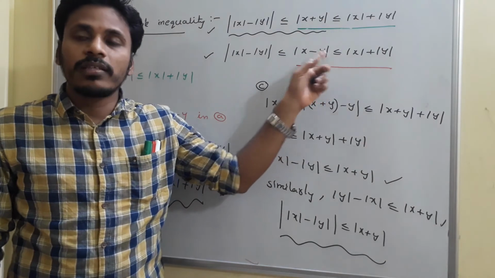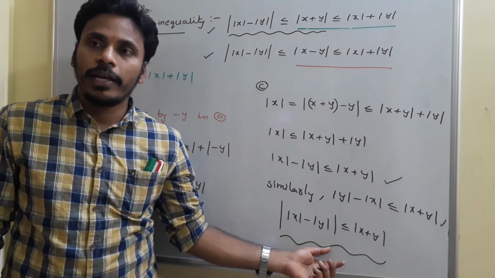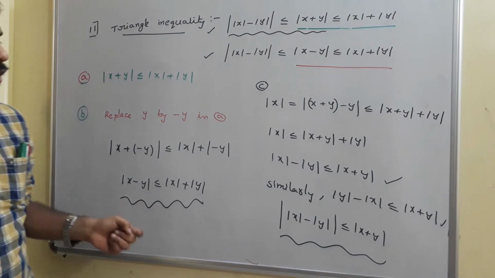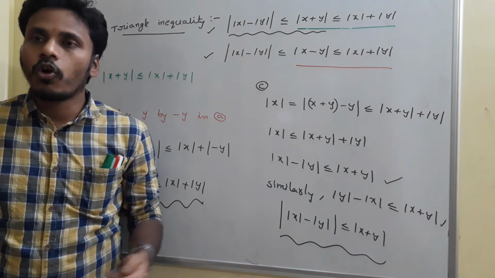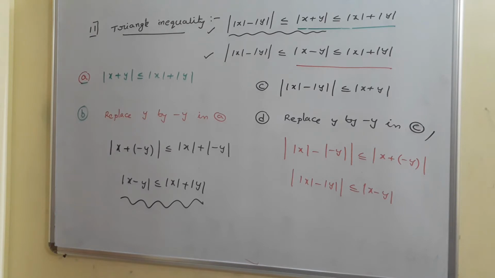And already we proved the first part of the second statement like this, and now in this statement, if we replace y with minus y, you will get the remaining part. There ends the triangle inequality. Just have a look, and then I will explain why we are calling it a triangle inequality, and what different problems can be solved using this triangle inequality. Everything I am going to discuss. After the completion of C, just look there, D. You just replace y by minus y in C, just as in B, and if you replace y with minus y, you will get the second part of the second statement.